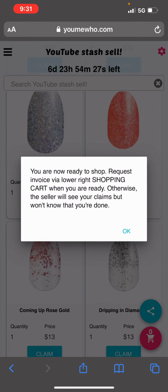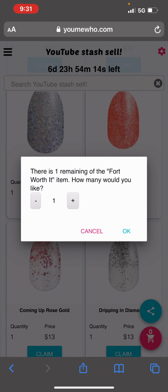You're now ready to shop. This is what it's going to show the customer. Request an invoice via the lower right shopping cart when you're ready. Otherwise, the seller will see your claims but not know when you're done. So just let your customer know,